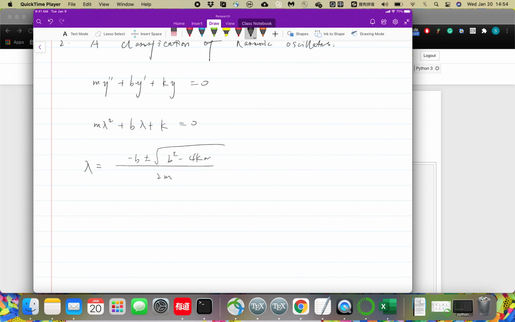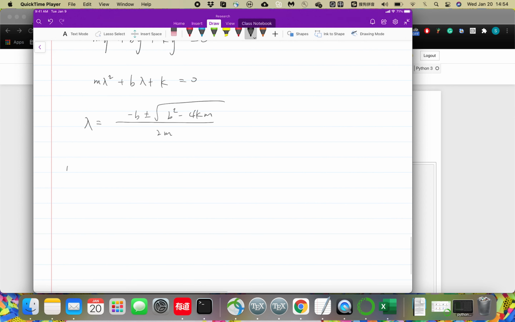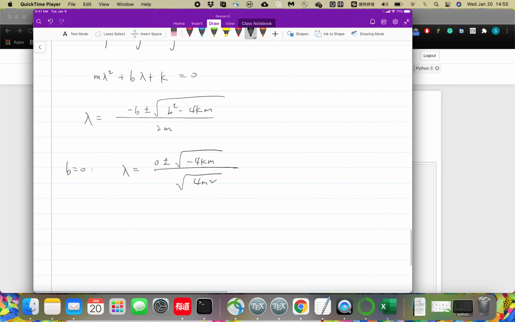Okay, so what are the cases we have? Now, number one, what we're going to have is no friction, so B equals 0. Okay, if B equals 0, lambda is going to be 0 plus or minus square root of negative 4 km over 2m, which is square root of 2m squared. So it's going to be square root of k over m with a negative, which gives us